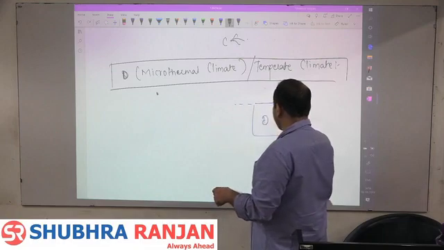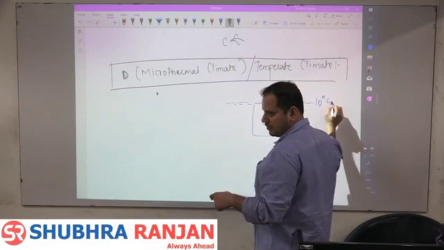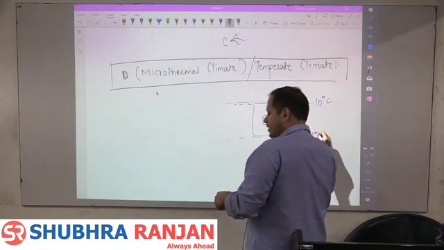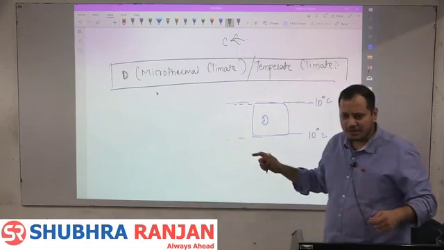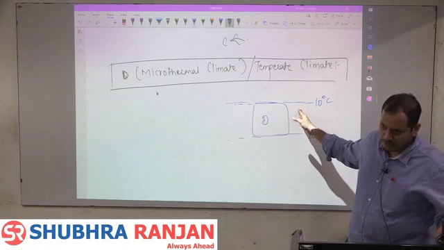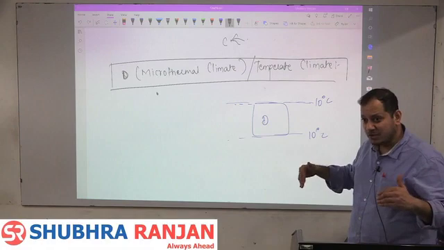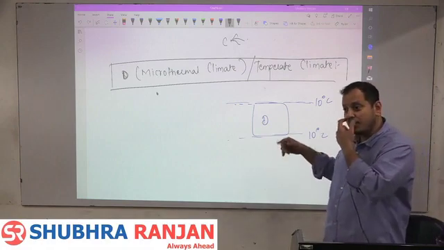this region is having 10 degree Celsius, northern boundary. During the winters, this region is having the temperature of 10 degree Celsius. So, all this climate which is located between the 10 degree Celsius का isotherm is what is known as a D type of climate. Summers में it does not become that, it becomes hot,